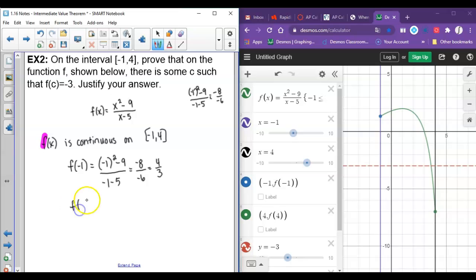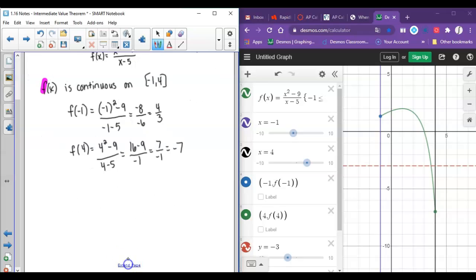Let's find f of 4. If we did f of 4, we've got 4 squared minus 9 over 4 minus 5. And that will give us 16 minus 9 over -1. And so we get 7 over -1, which is -7. So the way that we need to write this, now make sure whenever you're writing this that you put this in the correct order. First of all, let's say, so by the intermediate